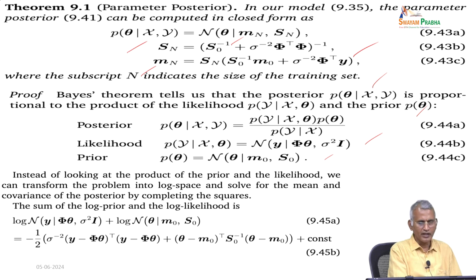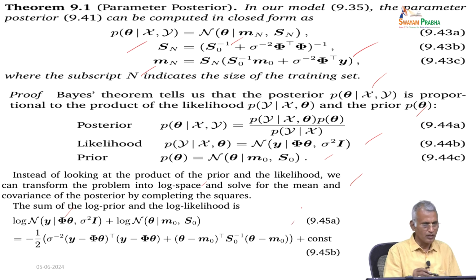So, instead of looking at the product of the prior and the likelihood, we can transform the problem into log space and solve for the mean and covariance of the posterior by completing the squares. So, the sum of the log prior and the log likelihood is log of N of y given Phi theta, sigma squared I, plus log of N of theta given m naught, S naught, therefore,